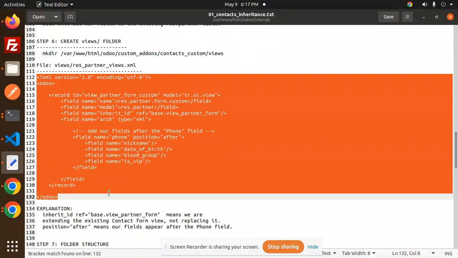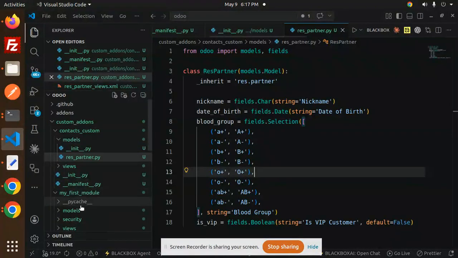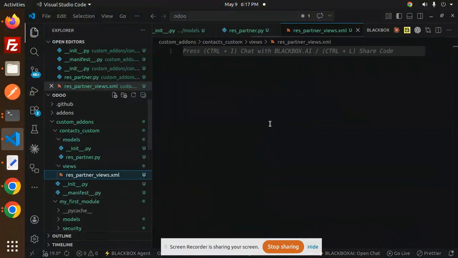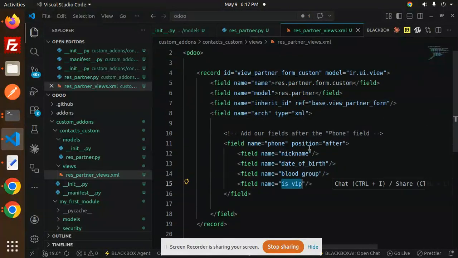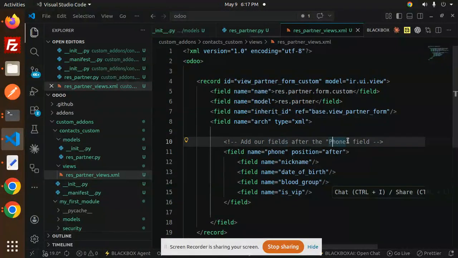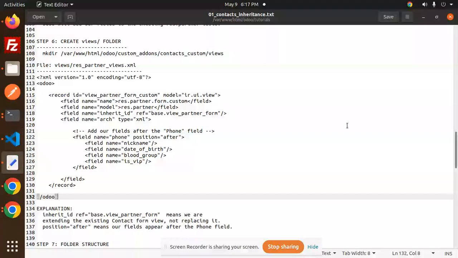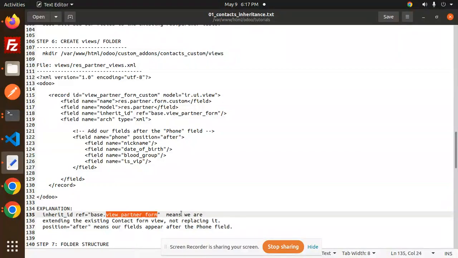Okay, so just copy this, and in the views let's add this. So here you can see that we are showing the nickname, date of birth, blood group, and the is VIP. Add fields after the phone field. Here you can see inherit_id ref base.view_partner_form, which means we are extending the existing contact form view,